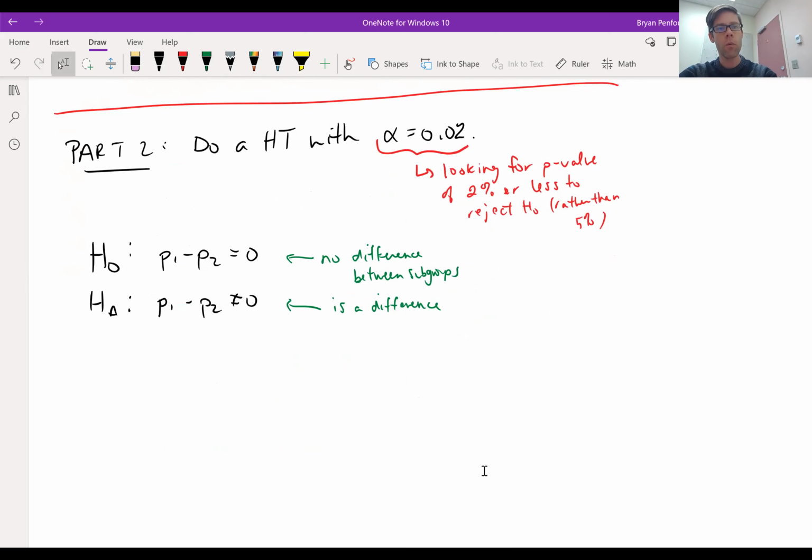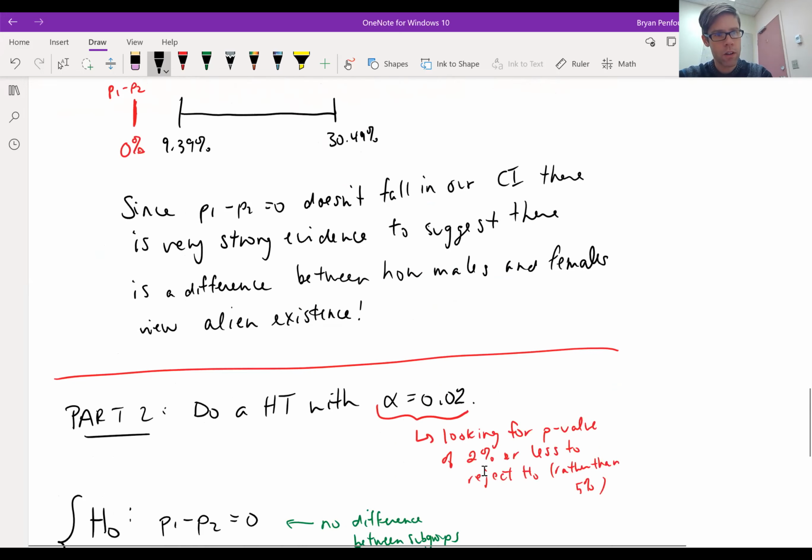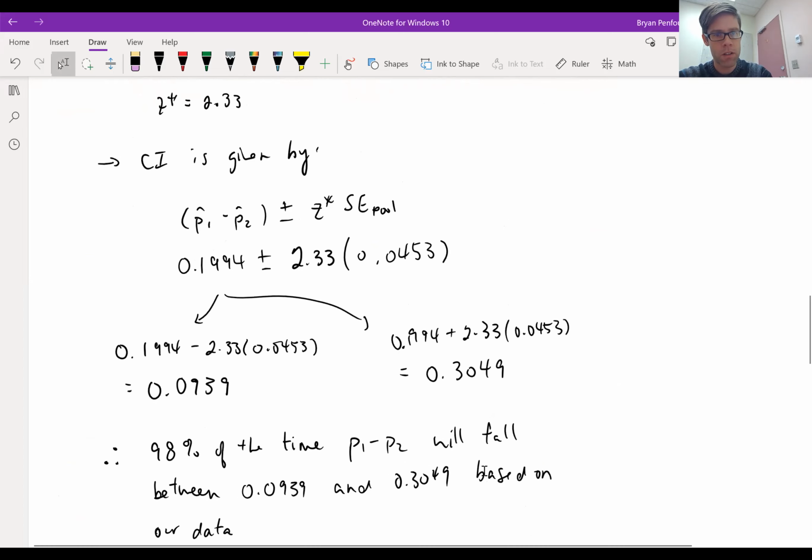But we're going to test this with regards to a probability number instead. So these are the null and alternative hypotheses. Let's see, where do I want to go next? We have a lot of the numbers that we need. We can probably just draw a diagram and get this show on the road. Yeah, so we've done some calculations already. We already know what the estimated difference is. We already know that P1 minus P2 is about